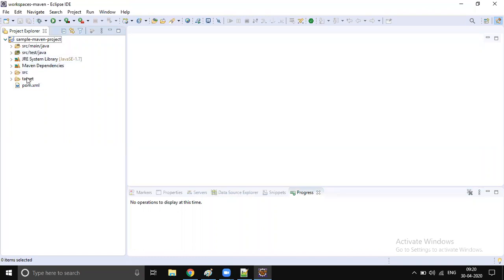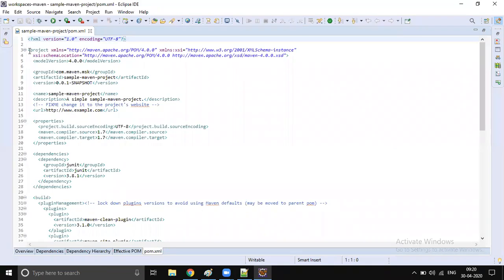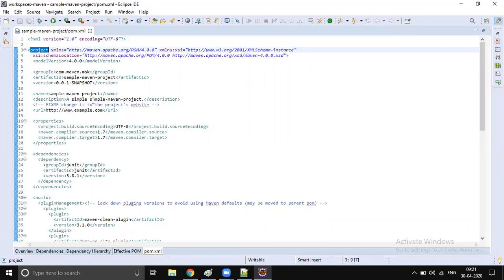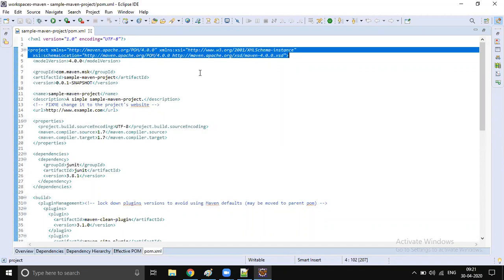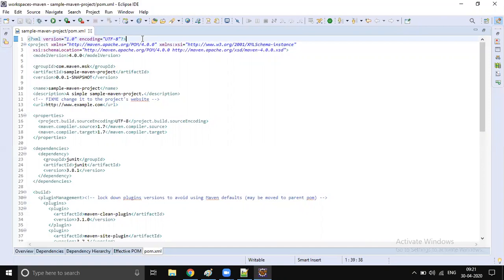Ignore these folder structures for now; we will discuss each and every piece, every concept you are seeing. But now focus on the pom.xml. Your Eclipse is going to create a default pom.xml file, and focus on line number 3. Whether you create a pom.xml Maven project in Chennai, in a village in India, or in Silicon Valley in the US, all pom.xml files will always start with a root tag called project. This is not going to be changed.